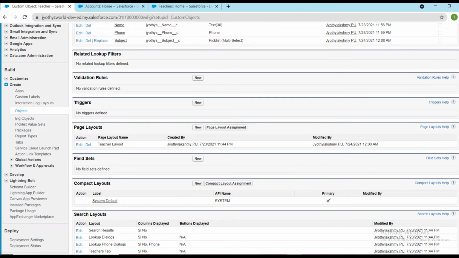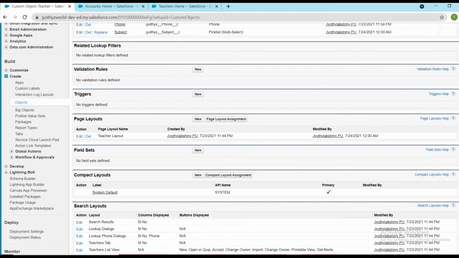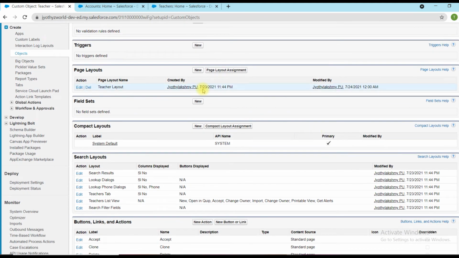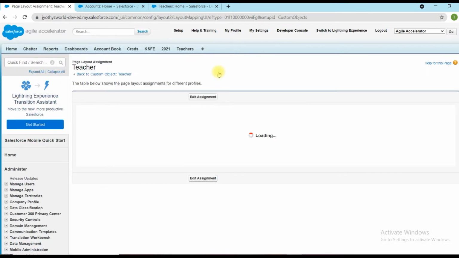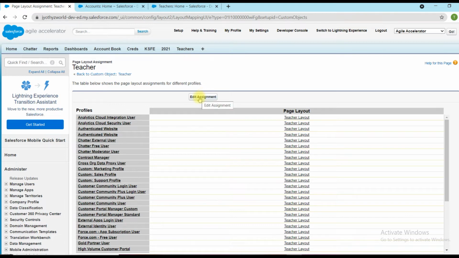Validation rule, triggers, that information we will discuss later. And this is something like a page layout, which is part of our agenda. I will tell you, as of now there is one page layout already existing. We can create many page layouts. Here we can do page layout assignment. There is only one page layout and multiple profiles.